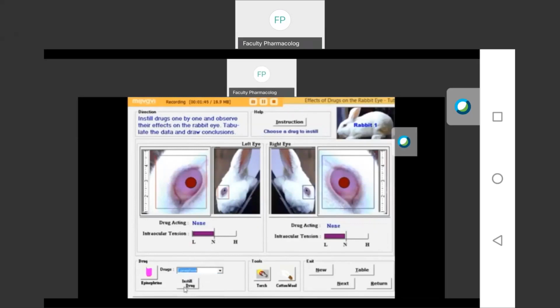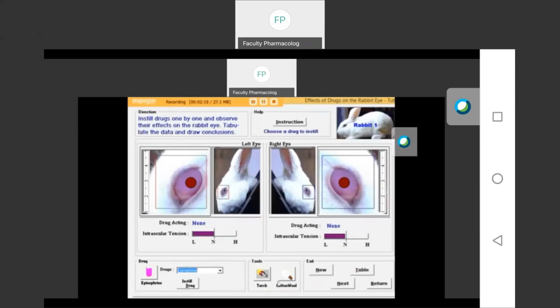Here you can see the drug. By clicking that, you can select from the list of various drugs to perform the experiment. And here it is written as the instilled drug in the rabbit eye. After instilling the drug, you can measure the intraocular pressure, that is your second parameter. And here tools are there to measure the reflexes.